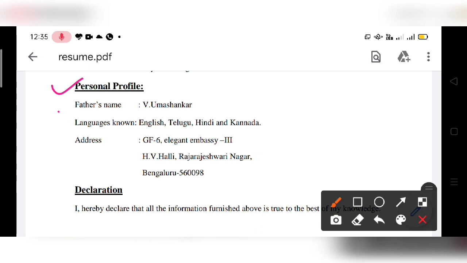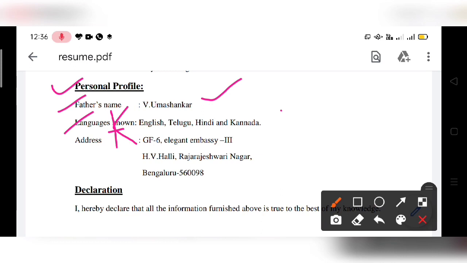Now let us look at the personal profile. Already you have mentioned your name, date of birth, etc. So you are not mentioning your name again. And I think you can start with your date of birth. Date of birth, D capital, of lowercase o, and birth, B capital, and then write your date of birth, father's name. Some interviewers ask, you have mentioned only your father's name, why not your mother's name? So if you are mentioning father's name, mention mother's name also. And these are the languages known to you. See, K lowercase, it has been typed as lowercase, so write capital K. Languages known, these are the languages.